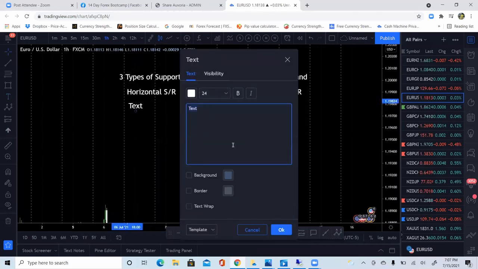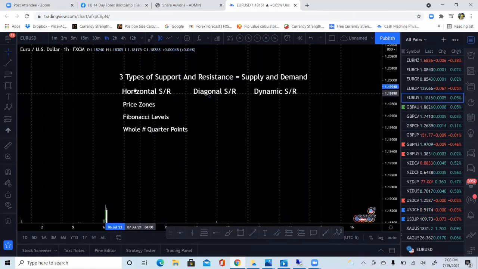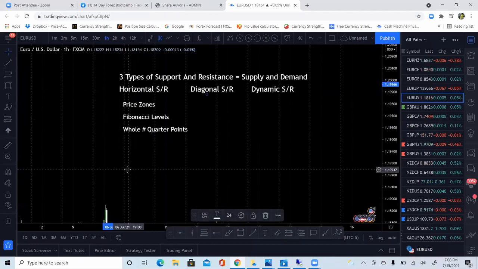So horizontal support and resistance, that would include your price zones, your Fibonacci levels, and your whole number quarter points. So let's start there. That's your horizontal one. So with horizontal, with your price zones, we went into it a little bit in a